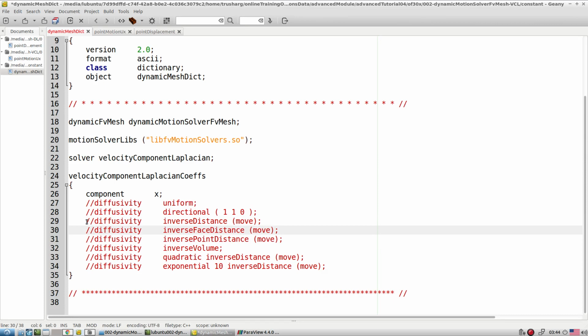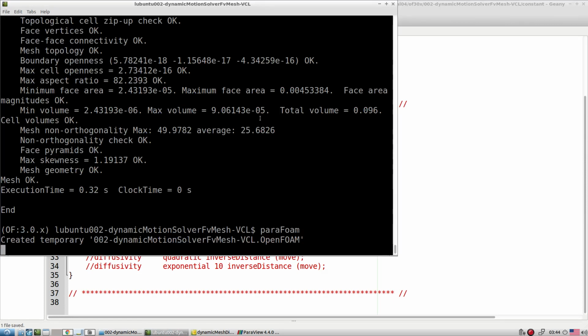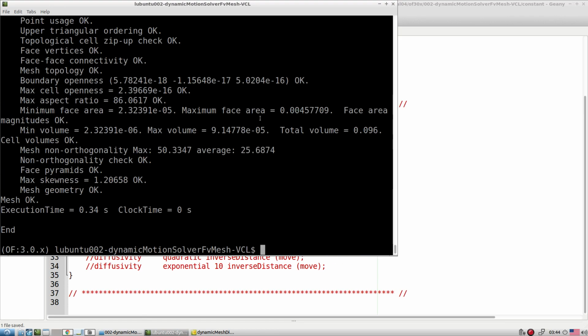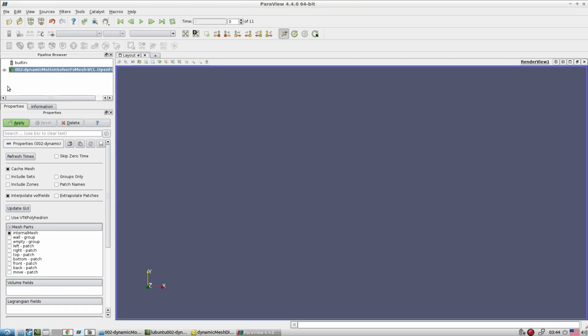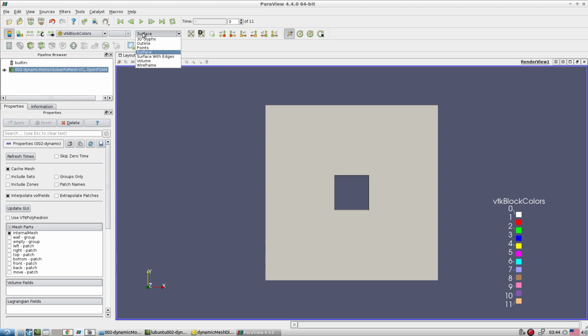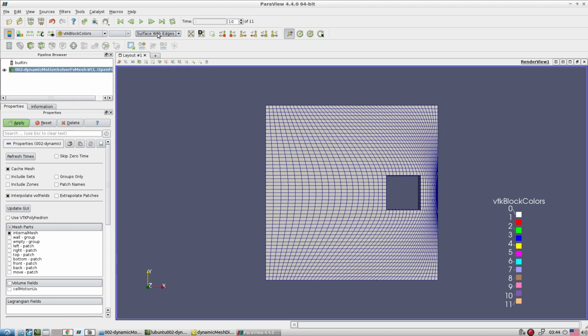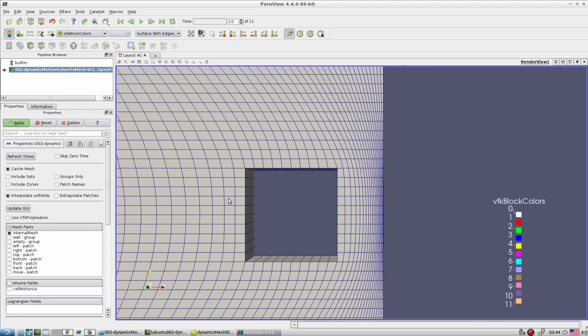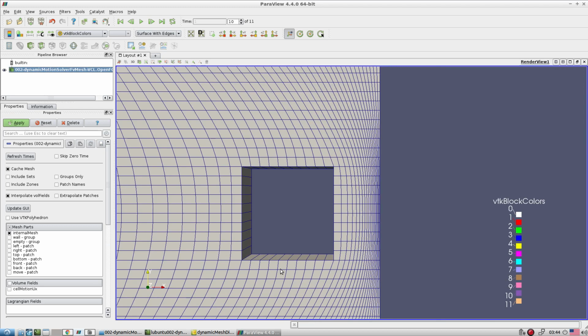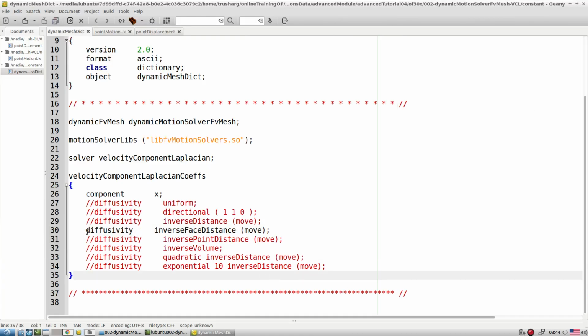In the same way you have inverse distance, so check this one. These are all the diffusivity parameters. It is also not failing. So try to explore different classes of diffusivity parameter, look at exactly how the mesh configuration looks, and check which diffusivity parameter gives you the better result for your class of test case. Certain things you can check with the help of this very simplified tutorial.